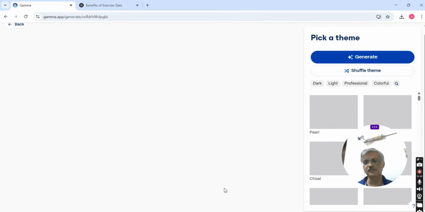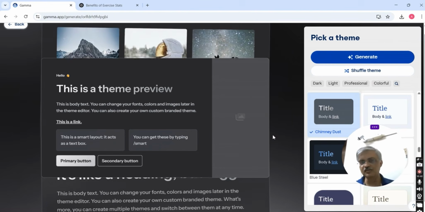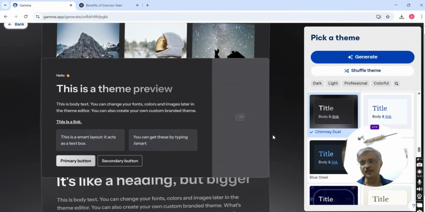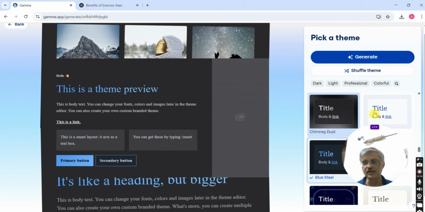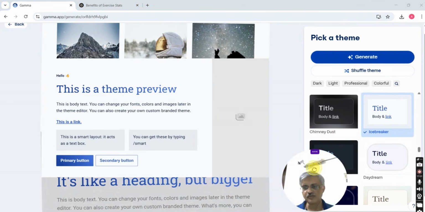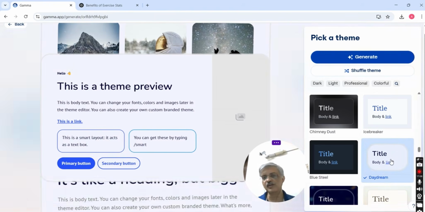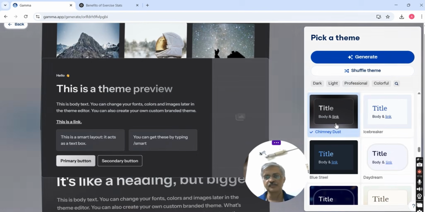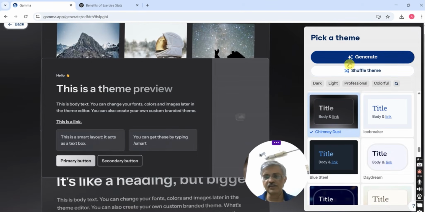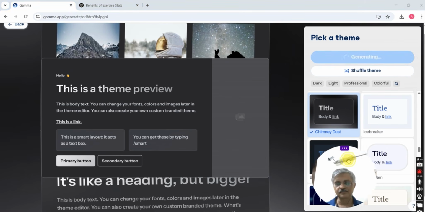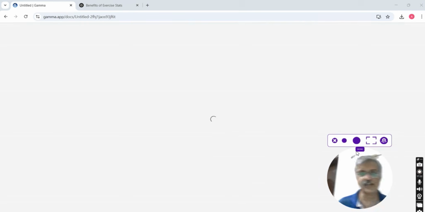So when you click on continue, now it is asking you here. Now its flow has changed. Earlier it was coming below continue only, where you could select the theme and all. Here theme has come separately. You can select these themes. There are different themes over here. Let me move this to the side. As you click on each theme, you can get to see what kind of colors and fonts there are. Let's select a dark color this time. So I've gone in for this. And let's click on generate. Now it is generating the slides.